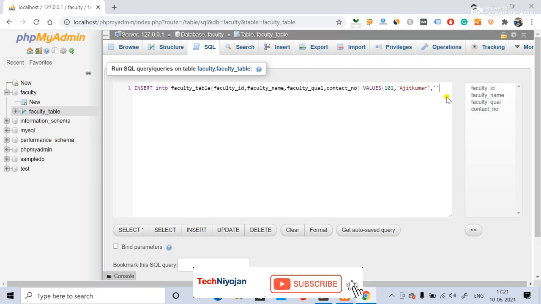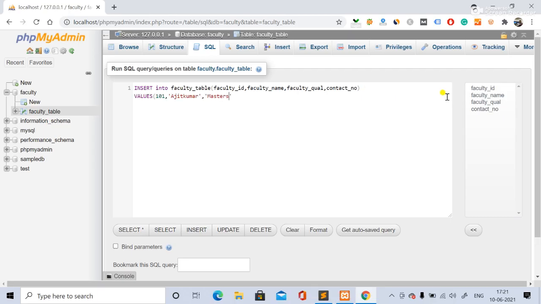Now the faculty name, then the faculty qualification, say masters, right? Then comma, and then enter the contact number. Any mobile number, then you will close it with a semicolon.